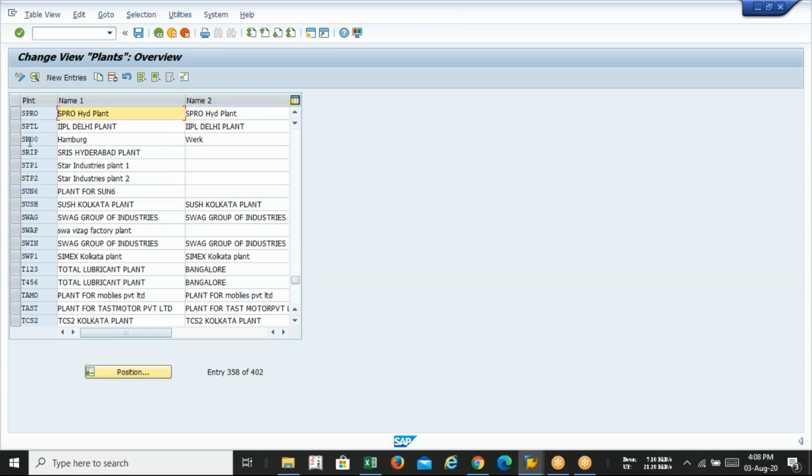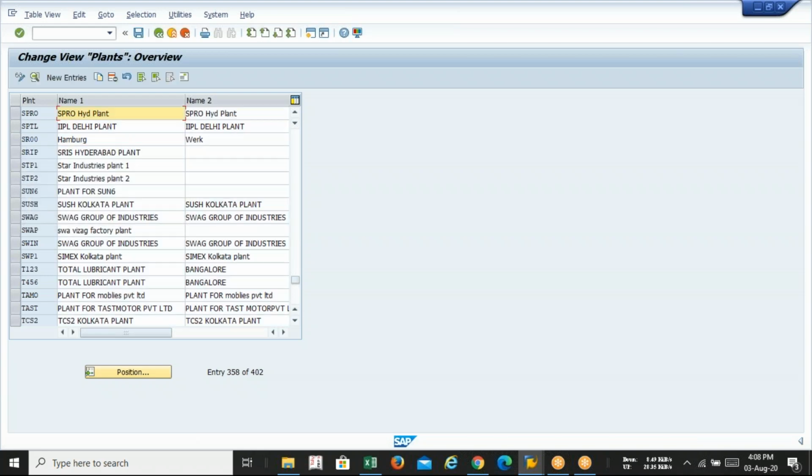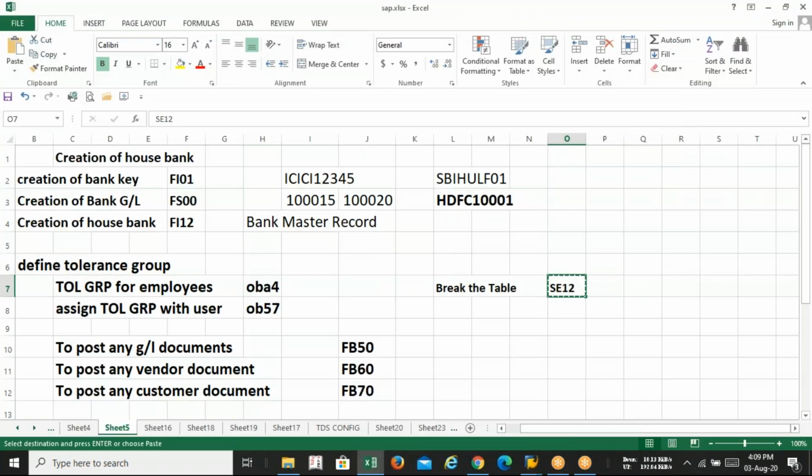If something does not exist in the table, say for example I am typing something else, SPRL, I think that is not in this table, so it is not coming. If you are not getting anything, it means such an item is not available in this table. The SAP programmers configure this kind of table.